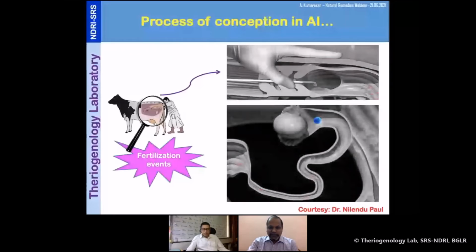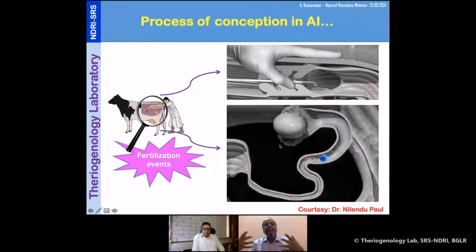So this spermatozoa moves by its own power as well as by the mother's help, and then reaches the particular point at the utero-tubal junction. Thereafter, some selection is done by the mother as well as by the spermatozoa itself, and then it moves on to the fertilization process. Once ovulation takes place, the ovum comes, and they meet in the love tunnel, and that results in conception, and the embryonic development takes place till parturition. This was the normal. But what happens in repeat breeding?